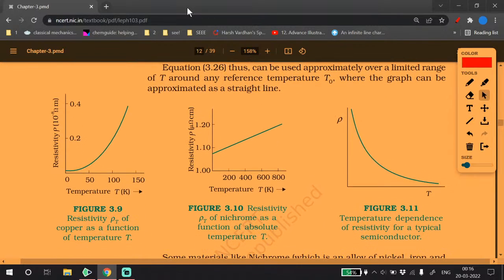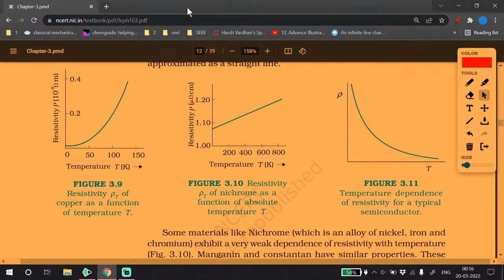So this is the graph that we asked in NEET 2020. So this copper has higher resistivity as temperature increases. That obviously is a metal. Okay, so nichrome wire is used in experiments because it has very little dependence on temperature, as you can see over